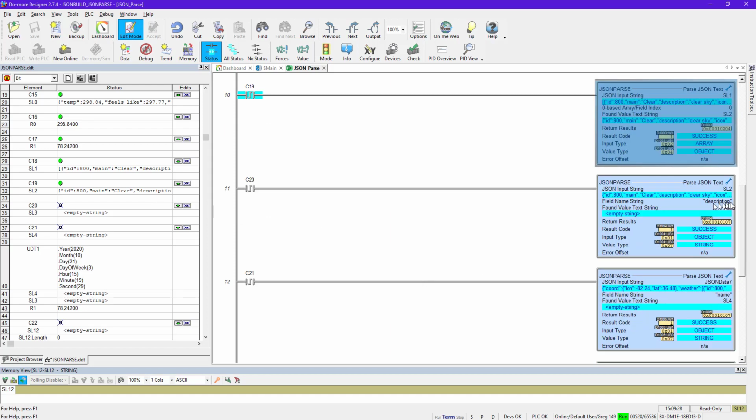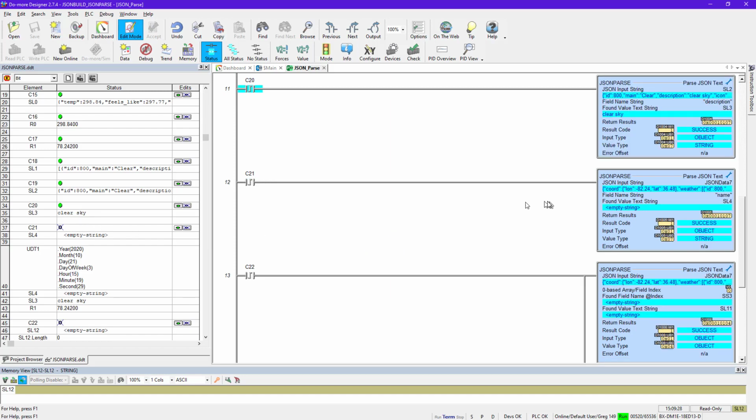C20, look for description, find, I know it's going to be text, stuff that into SL3. Here we go. There it is, clear sky. So I got what I wanted out of there, now I'm done with that one. So what's the next thing I'm going to do? Well, the next thing I'm going to do is I'm going to go get the name. So if we execute that,